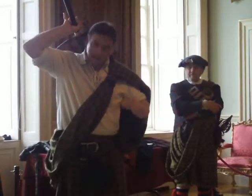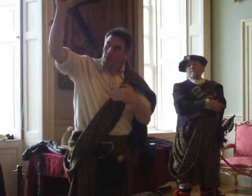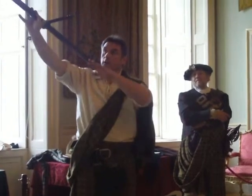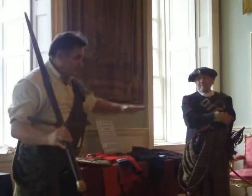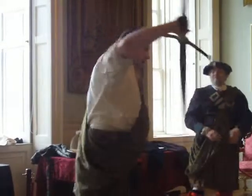During one of the battle scenes, you see Mel Gibson with a claymore on his back. But halfway through the scene, he draws the claymore out of the baldric like this. But it is actually physically impossible because your arms would have to be 8 feet long to get the sword out. And it does rule Mr. Gibson out, for he's only about this tall. No, so you have to take the sword off your back and take it out of the scabbard before you